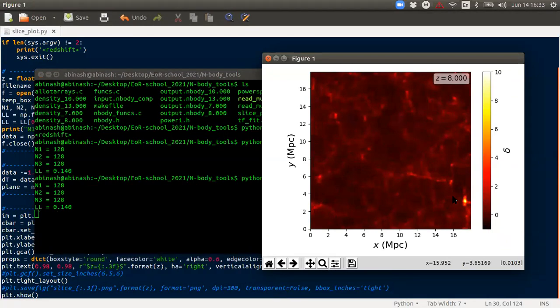If you uncomment that portion, you can write the particle locations straightforwardly into your ASCII file, which you can open, and you can plot that scatter plot using any plotter you like. So here you can see now filaments are there, and it is quite more prominent now. So this is for z equal to 8.